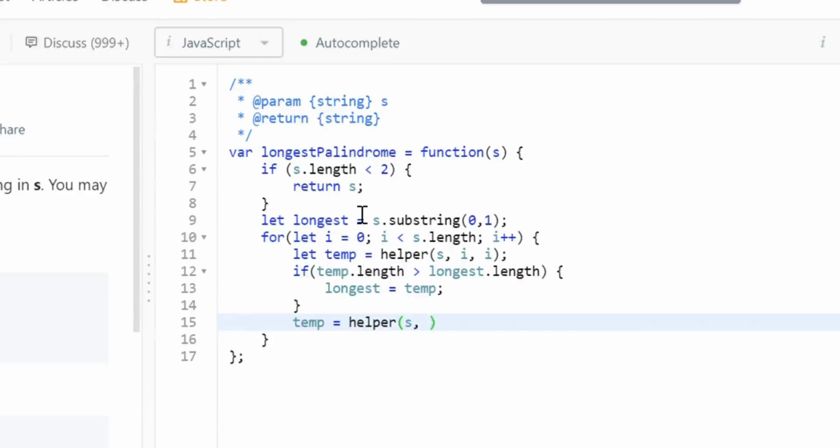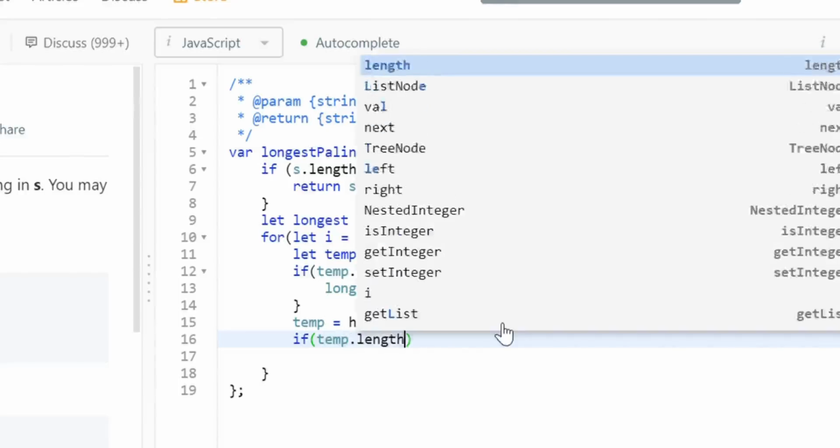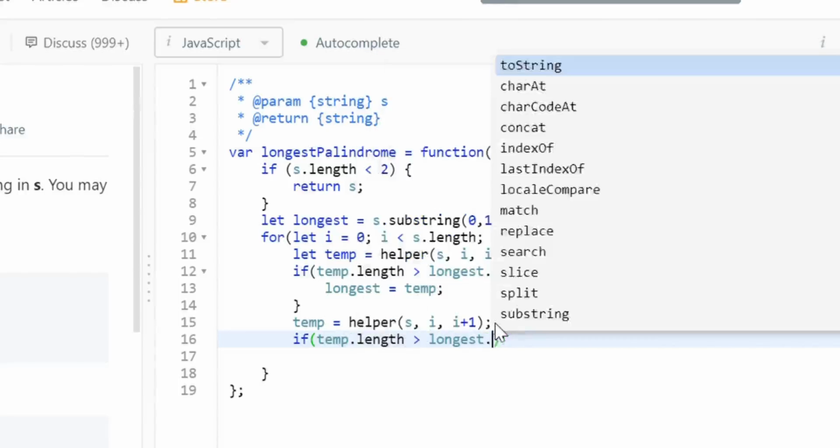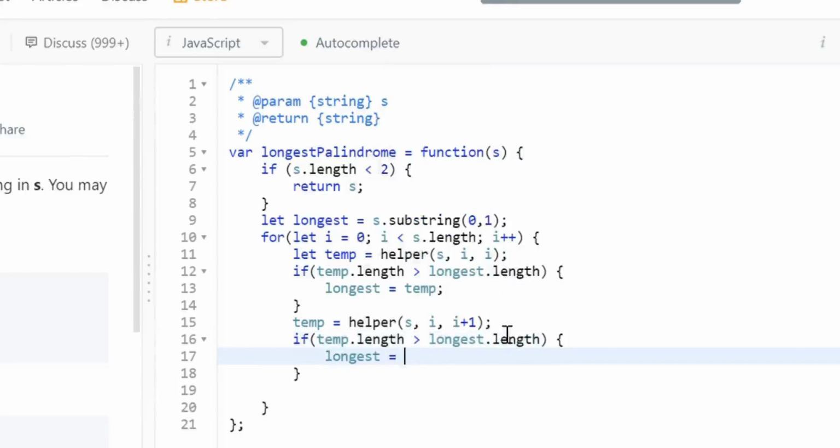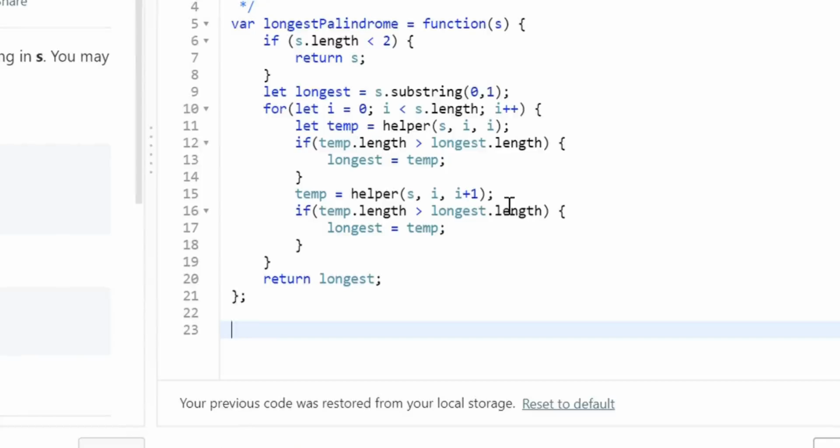So beginning will begin at i, and the second i will start out at the one next to it, and we'll kind of branch out from there. So then we'll check the lengths here as well, and return the longest. So let's construct our helper method. So we'll be taking our parameters,